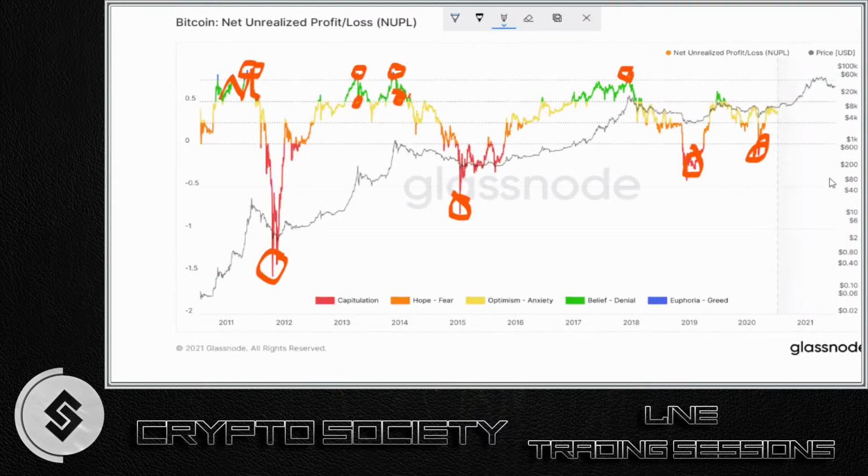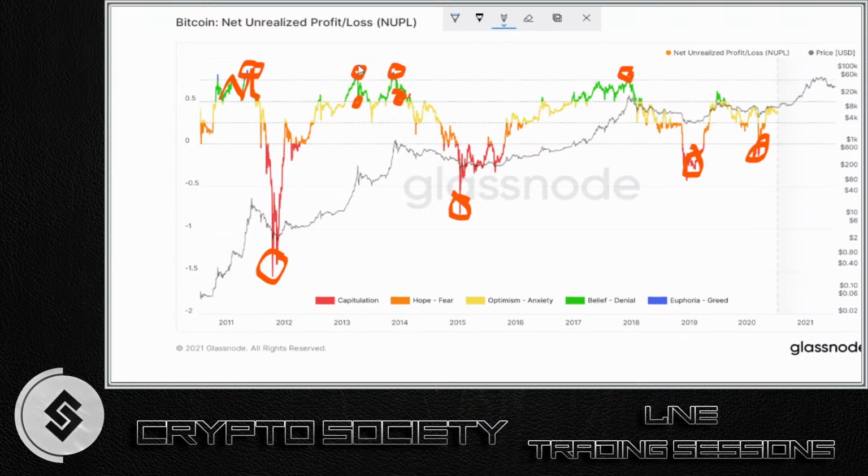Do you see this photo? Net unrealized profit and loss, and some of my drawing. Yes, yes, we see it. Okay, so in 2011 we had a peak and the NUPL was about